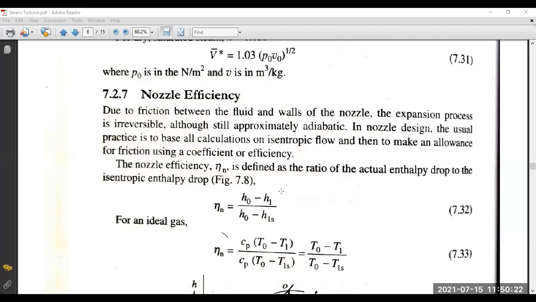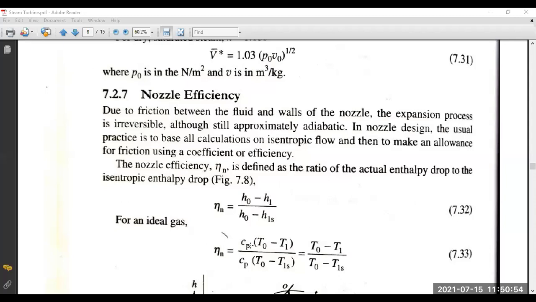I am repeating again, the stagnation state is that position where we totally stop the flow of the flowing fluid and measure the enthalpy there. And what is the pressure? What is the temperature? That is H0 and T0 at the stagnation point. We can say we have completely stopped the velocity. It is still not exactly zero, but the velocity at the stagnation point is more or less equal to 0. So if we neglect it, then